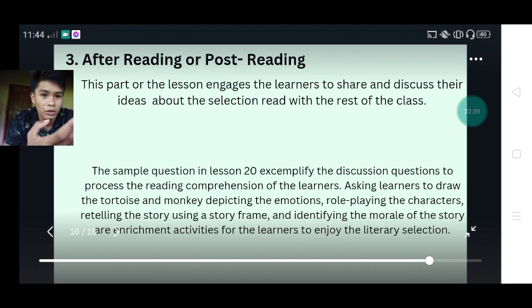Ask our learners to draw the tortoise and monkey, or any kind of story nga ipabasa nimo nila, depicting the emotions, the role-playing, the characters retelling the story using the frame, and identifying the moral of the story. That is very important also, nga unsay na ilahang mga good nga mga attitude nilang nakuha sa usa ka story.